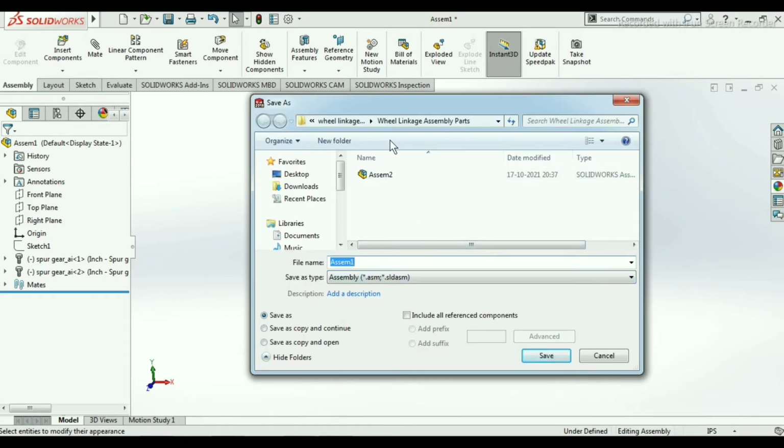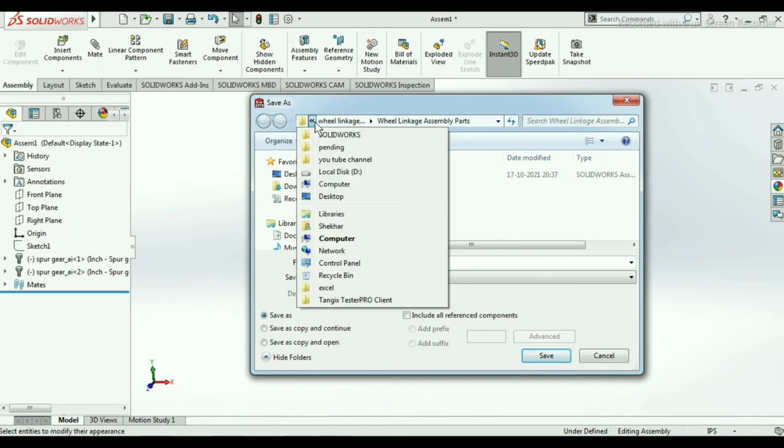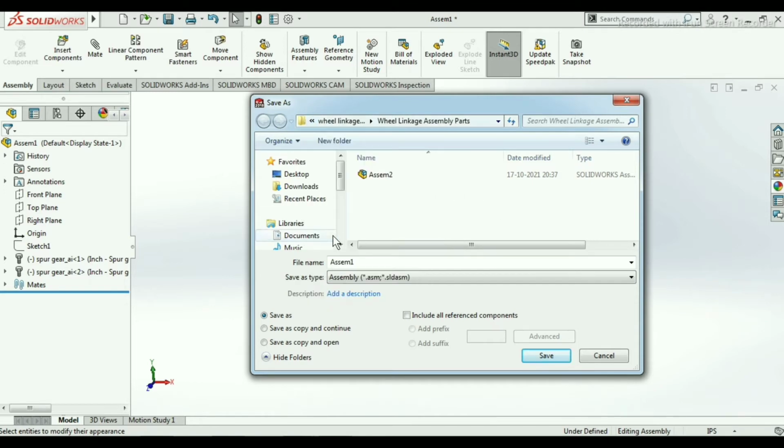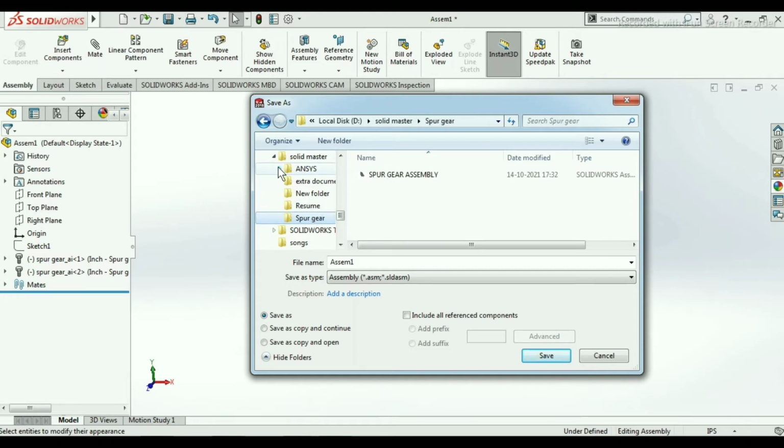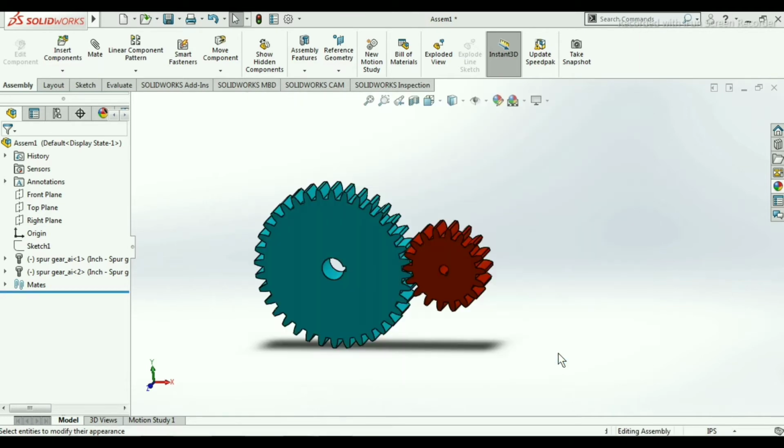I have already saved this in another folder, so here I am saving this spur gear. Then we will click on Save. So we have saved this file.